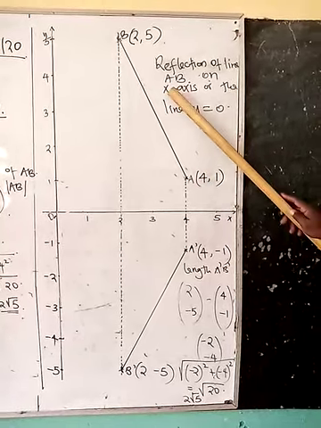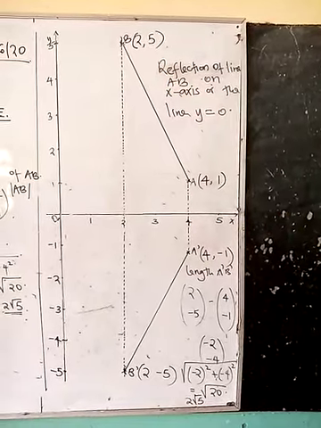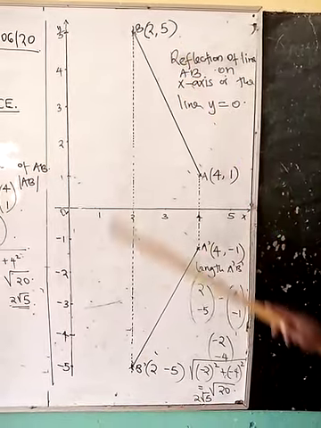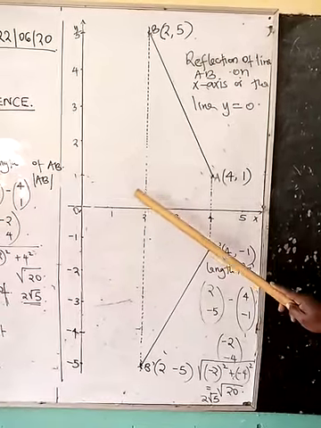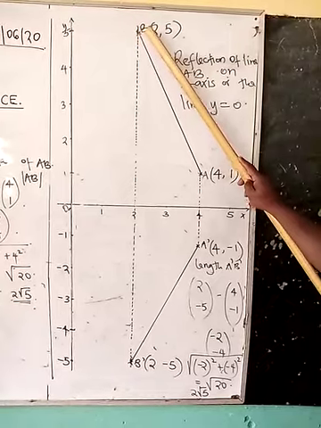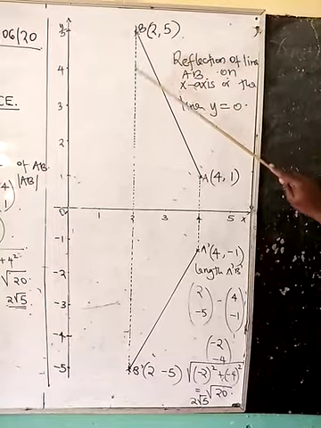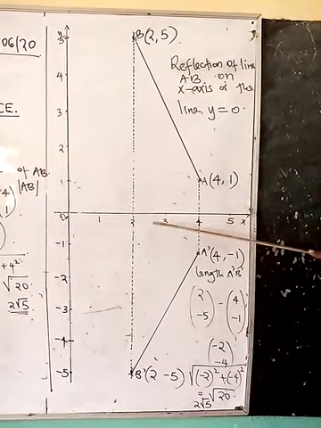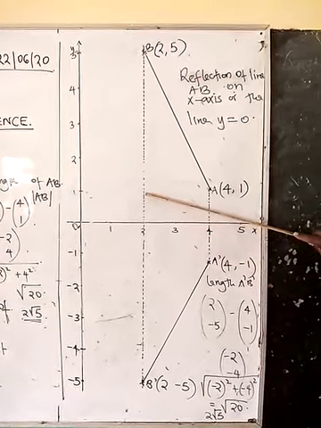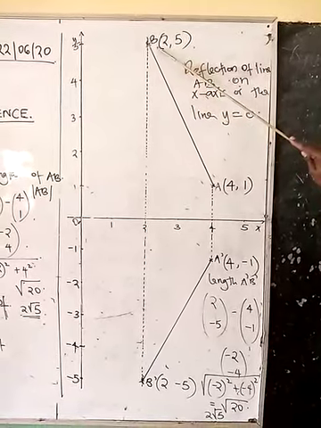Then we come and reflect the point B. When we reflect the point B, we realize that B is (2, 5). So 5 is on the y-axis, and 2. So we look at the units. How many units is B from the x-axis, or the line y equals 0? You will realize that we are moving from the x-axis. We move 1, 2, 3, 4, 5. 5 units